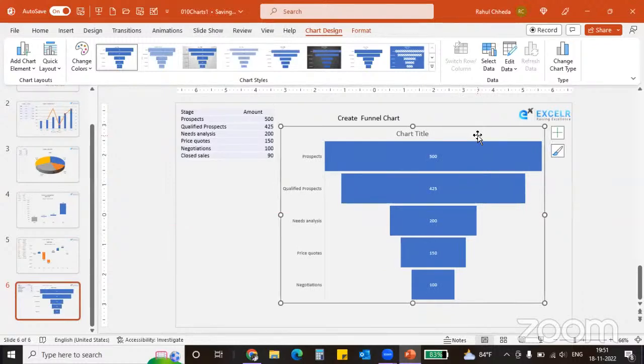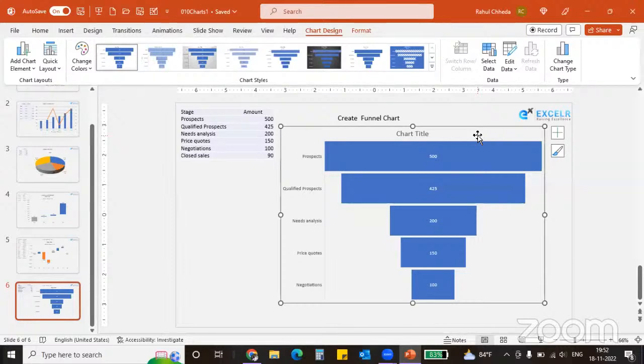So from the highest to the lowest value, the funnel chart is there and we can describe these kinds of values with it. Where you have descending order values, you can use the funnel chart very effectively to describe those values. So here we have prospects. This is basically a chart for the salespeople. So they have prospected 500 customers and from that they have